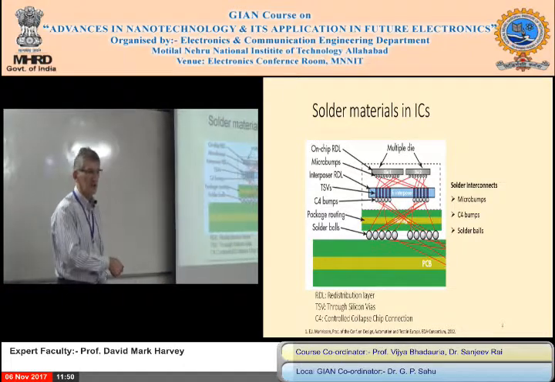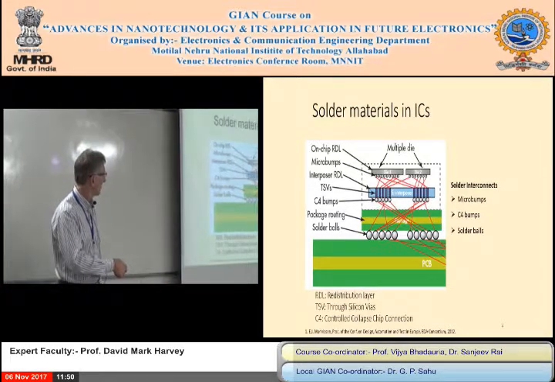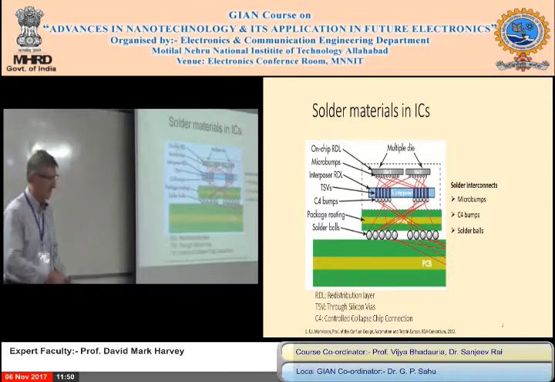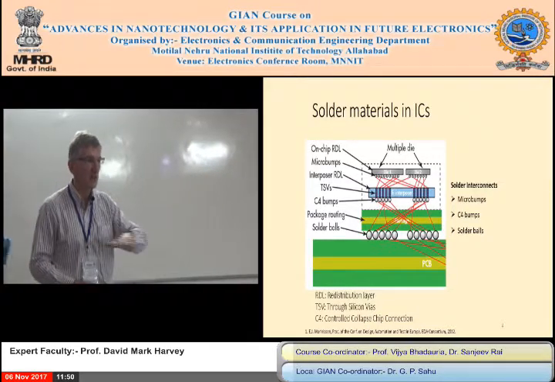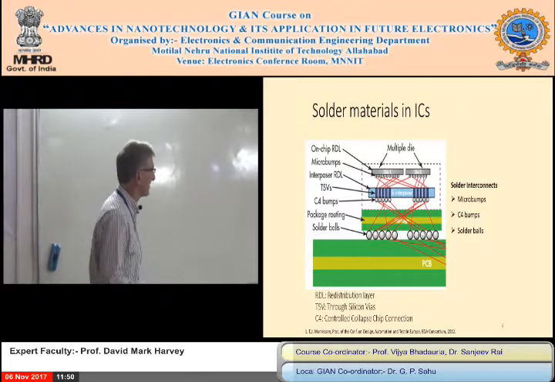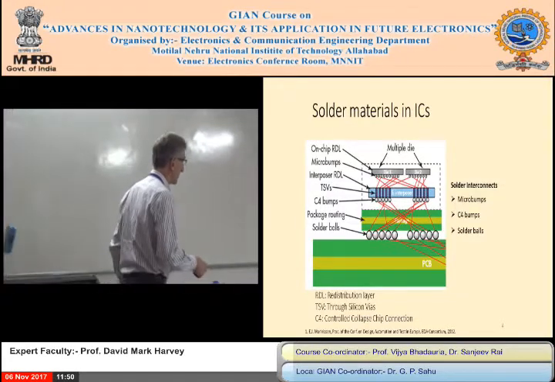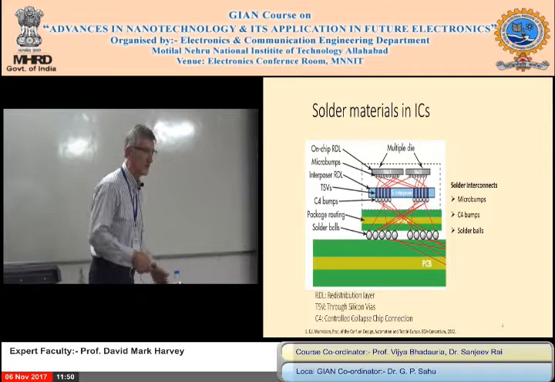This is a normal PCB, and normally you just solder a chip like this with solder. These are balls of solder, we call them solder balls, onto the chip. That's just the basic chip, and that's used in nearly all the big chips now. Why do you use solder balls is the first point.